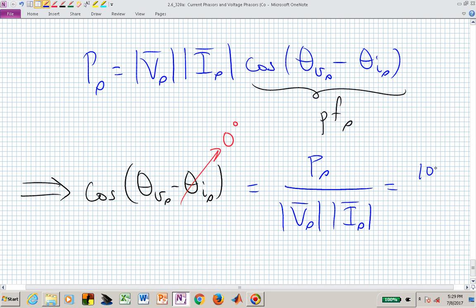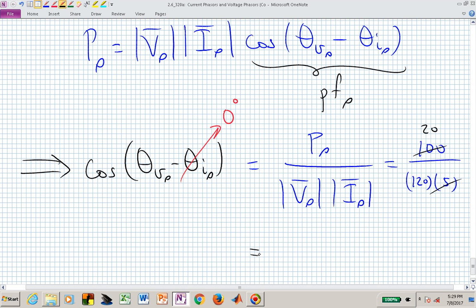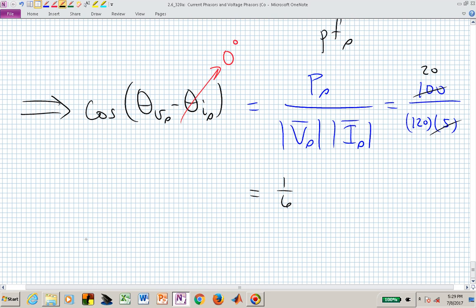P sub S was 100, V sub S was 120, and I sub S was 5. And I can actually divide 5 into 100. That gives me 20. So now I know that the cosine of the effective impedance seen by the source is 20 over 120, or 1/6. So that now